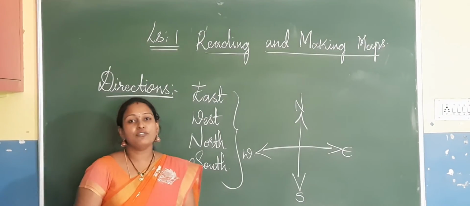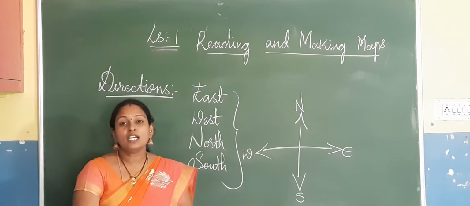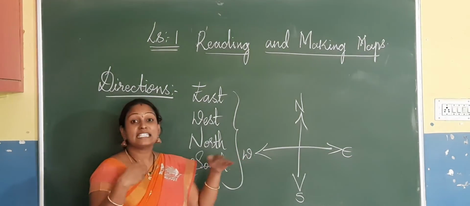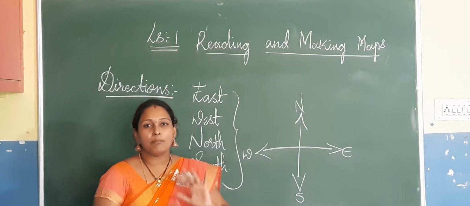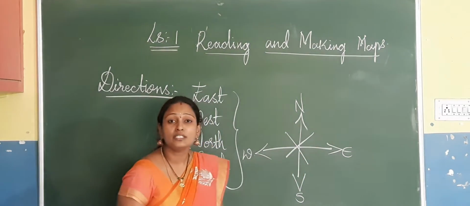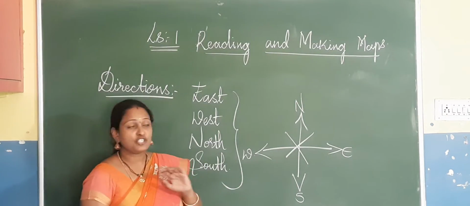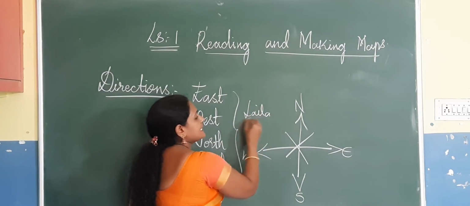If you want to follow the textbook, open the textbook and there is a sketch map in your book, just follow that and draw a sketch map. Right? In the second map, you have to draw along with the symbols. Right children? So if you draw along with the symbols, it will be very easy to reach the destination. This is what Laila missed in her sketch map.